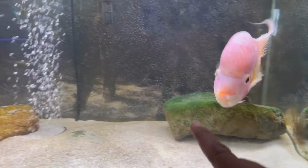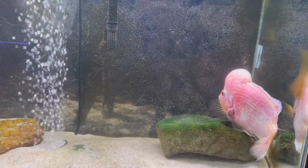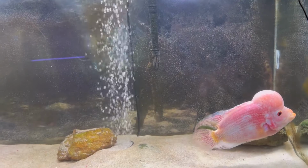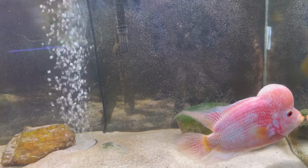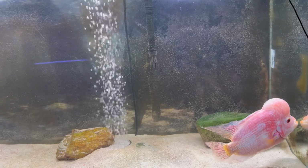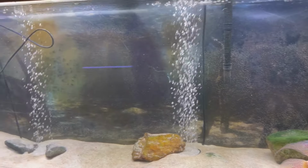Roosevelt. There you go. I get it. That's my boy Rose Gold. Roosevelt. Yeah, buddy. Look at him. This is a good looking fish right here. He's doing well. He's much happier